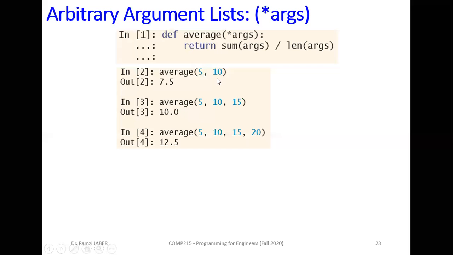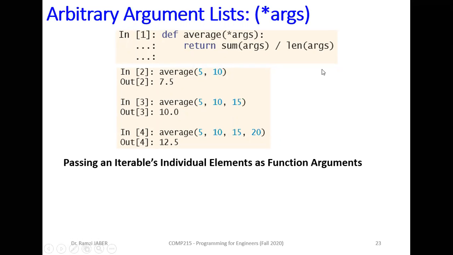So if we put 2 numbers, 2 arguments, it's correct. We add them and divide by the length, which gives us the average. If we put 3 or 4 or 5 or 6, our function is now dynamic. It's better than before. It's dynamic in arguments. You can type any arguments you want. Okay? Also, we can use this by passing a set or list of individual elements as function arguments, like